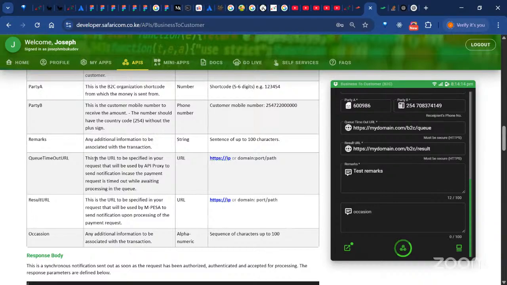In case of a timeout URL, this is a URL specified in your request that will be used by the API proxy to send notification in case the payment request timed out while awaiting processing in the queue. So you are trying to make a payment and it failed or timed out. Put in a URL where we as Safaricom can call you and tell you this payment failed. Kindly request the user to retry, or even tell yourself to reinitiate the transaction. So you can see here it's asking you to put in your domain where we can call in case